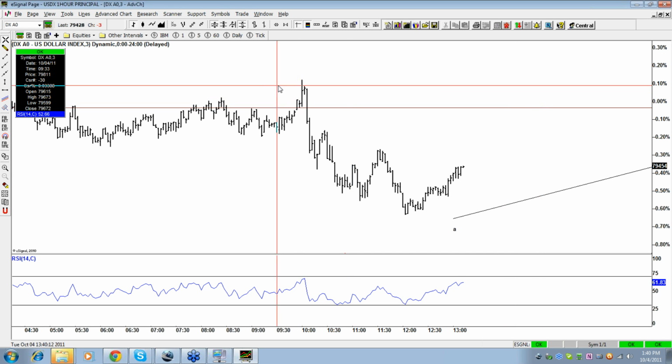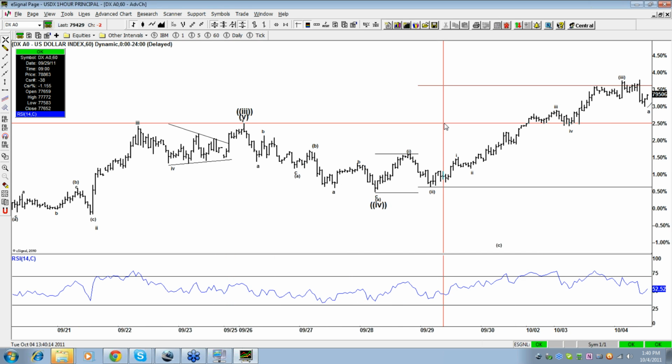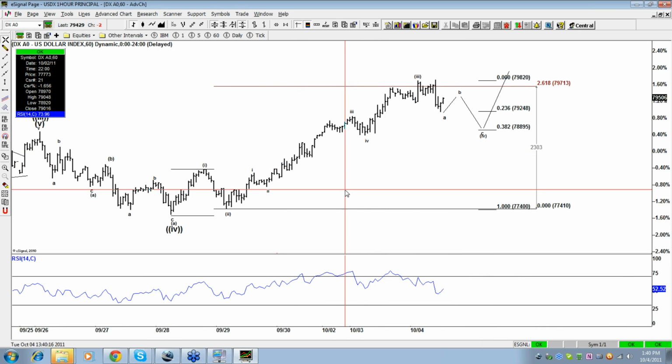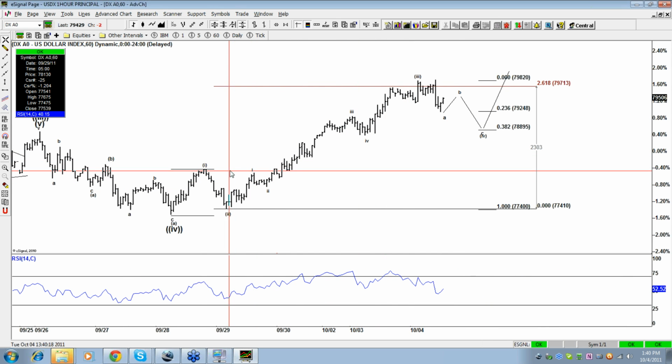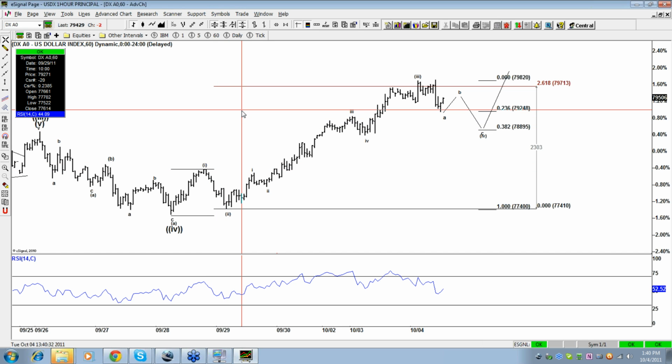Can be a flat. Who knows? Now, technically, Rafi, the line in the sand is this high, which is 78.20. And then from there, if it passes 78.20, the dollar is going to go lower,